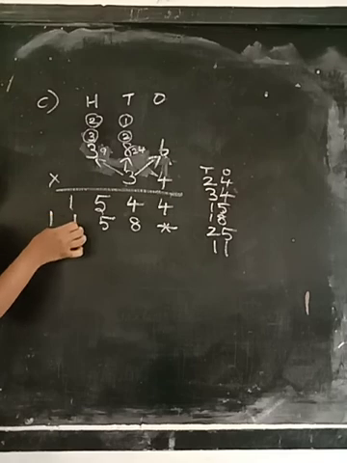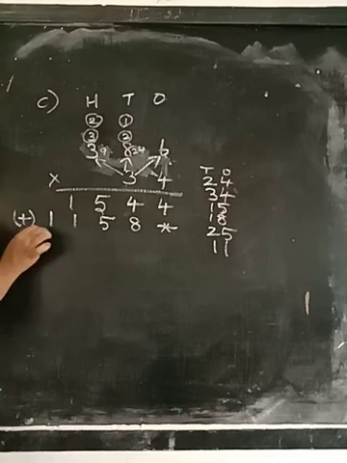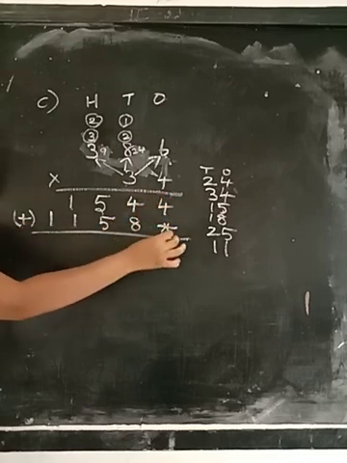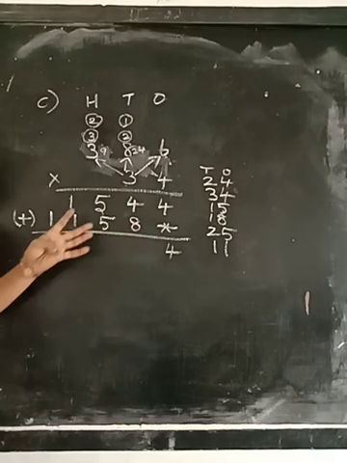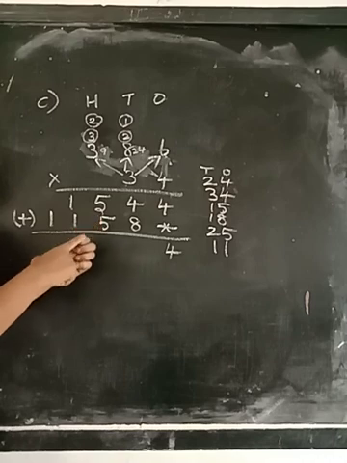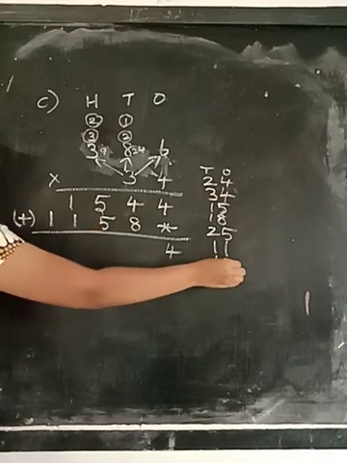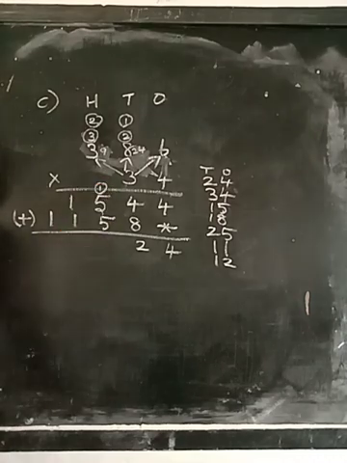Now what we are going to do? We have to add these numbers. So put the plus symbol for addition. Now we are going to add. Here the number is 4. 8, 4. 8 in the mind, 4 in the fingers. 8 after 9, 10, 11, 12. The ones place number is 2, 1 in the carryover.